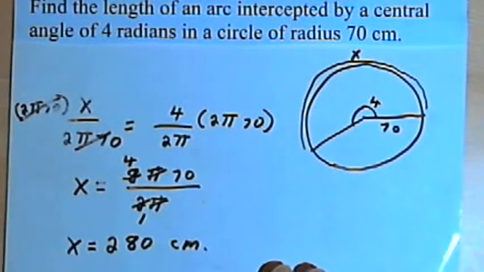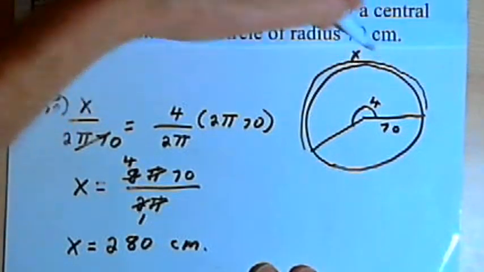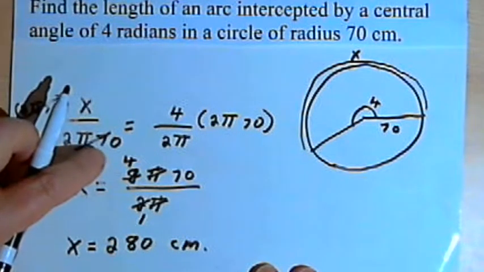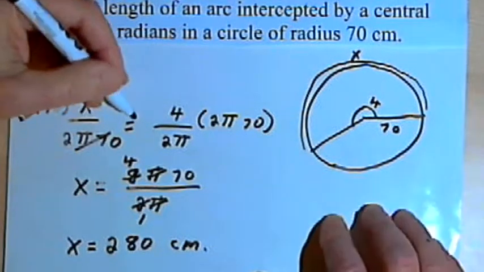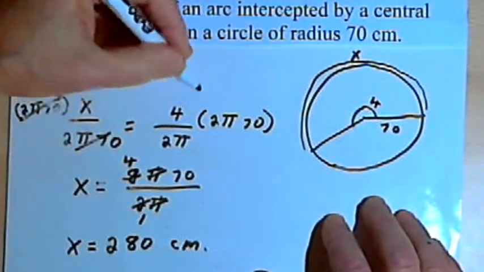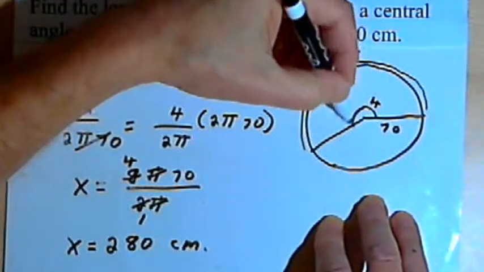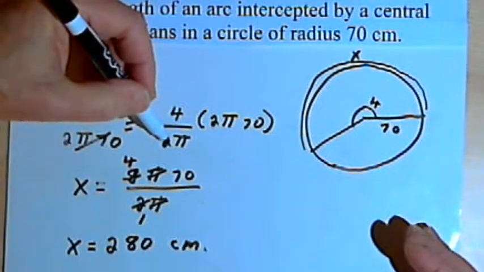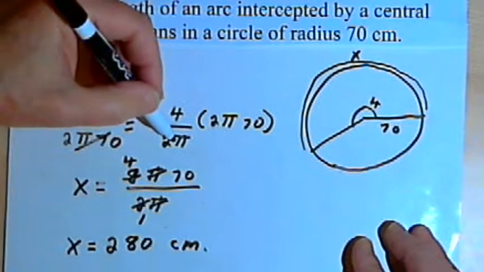centimeters. Okay, so for both of these problems, I did exactly the same process. I called the arc length x. I put that over the circumference of the entire circle. And I set that equal to another fraction with the numerator as the central angle and the denominator as either 2 pi or 360, depending on whether I'm dealing with radians or